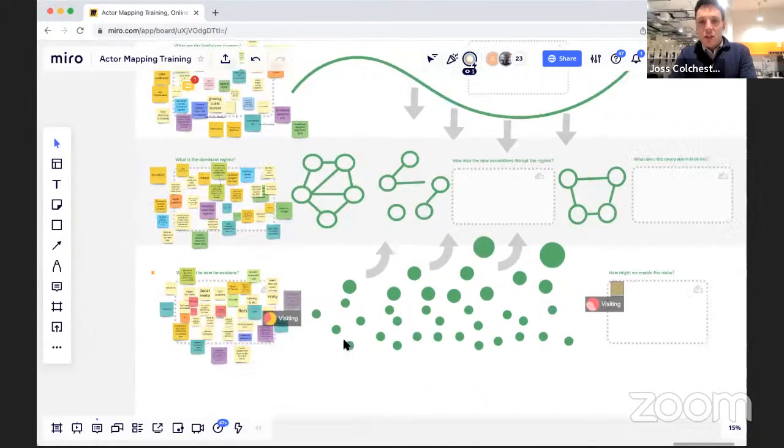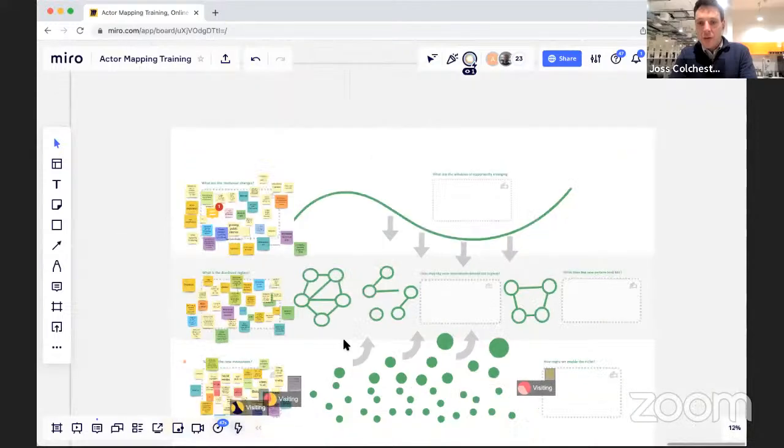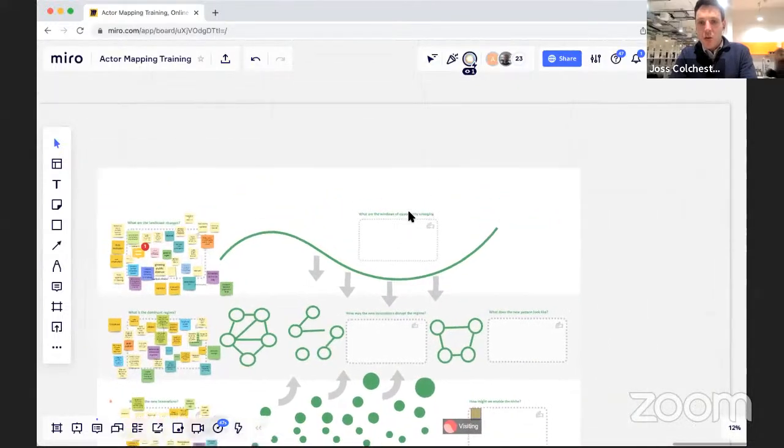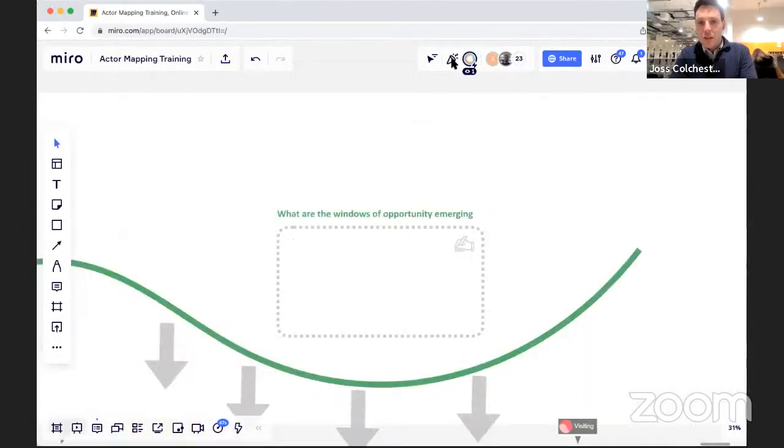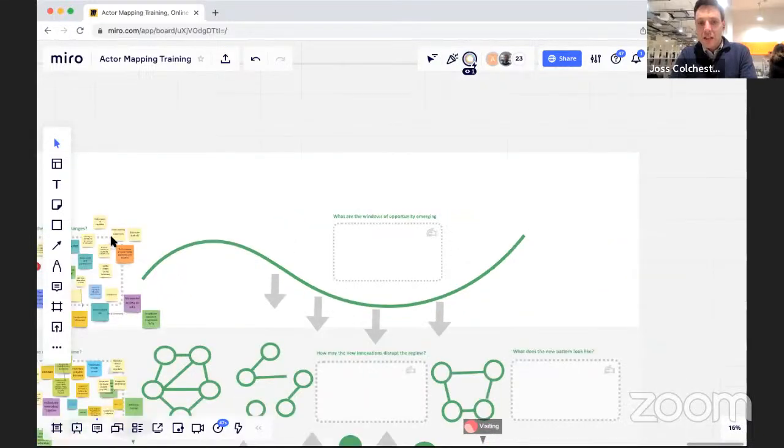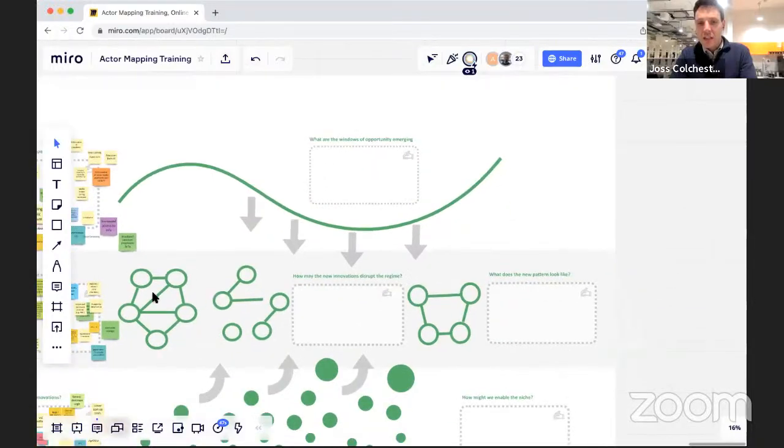But those are the innovations. So the last one we have here, we're now going to look at what these windows of opportunity are. This is the idea that this landscape is going to drive changes that create opportunities that this incumbent system can't really grab and take advantage of, because it's not adapted to this